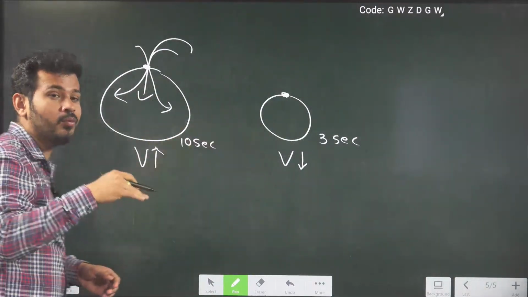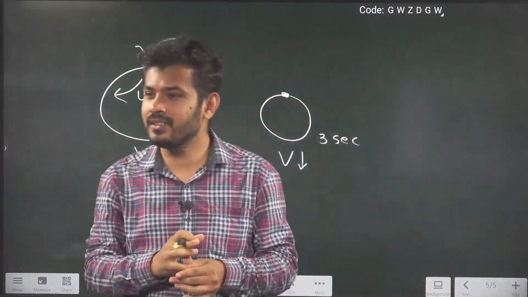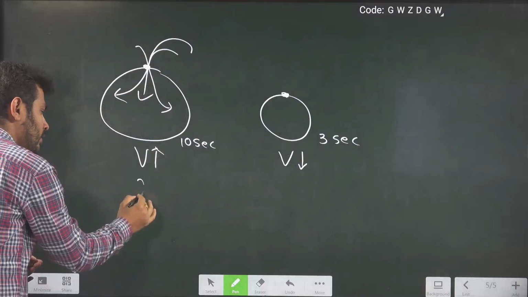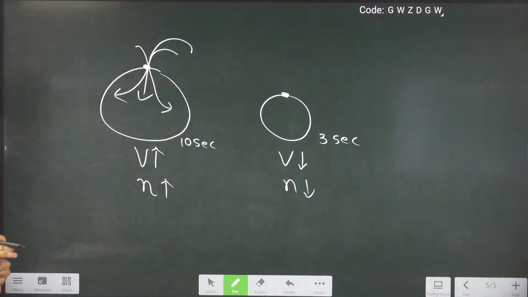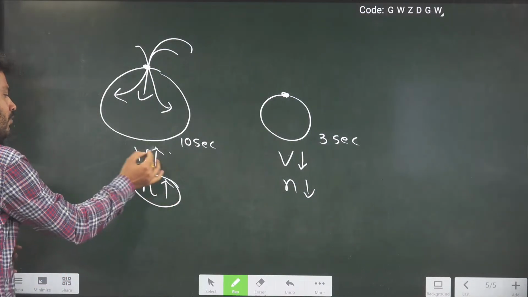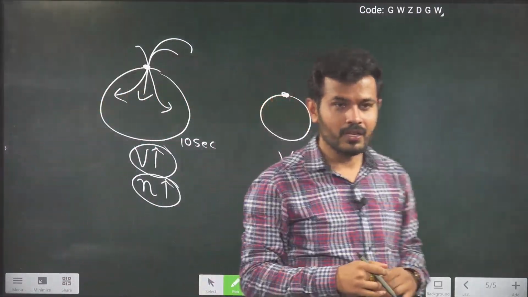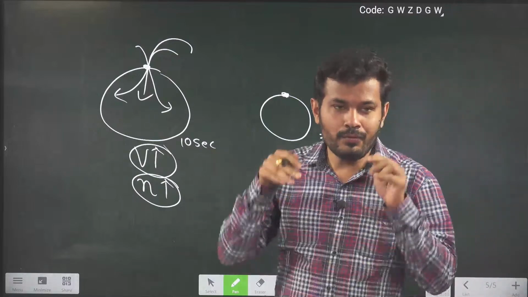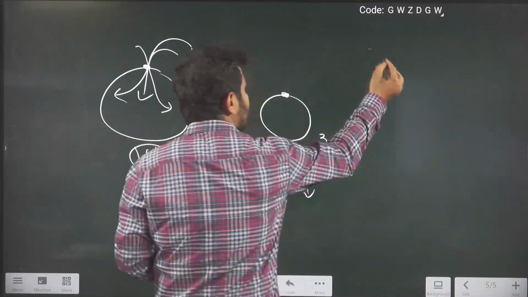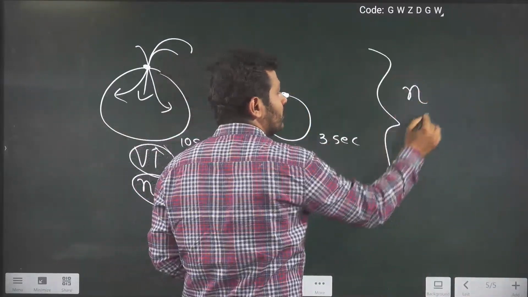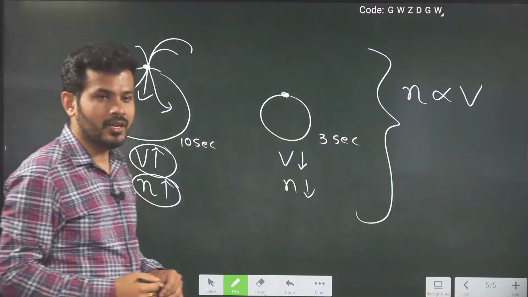Out of the first and second, in which case is more gas present? Yes, the bigger one. Very good. More amount means more number of moles. Here the number of moles is more; in the second case, the number of moles is less. So if the number of moles is more, the volume is also going to be more, and if the number of moles is less, the volume is also going to be less, right? I hope this part is clear. If you blow for more time, you put more gas inside, and the volume is more. So the number of moles of gas and the volume are directly proportional to each other. More number of moles means more volume. And based on this,